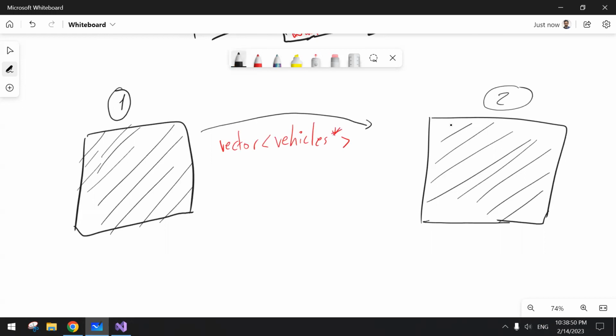Then in my functionality, I don't care what the vehicle is. Is it a motorcycle? Is it a car? Is it a truck? Is it a pickup truck? Is it a 4x4? I don't care. From my end, I receive a container of vehicles, and if we want to move